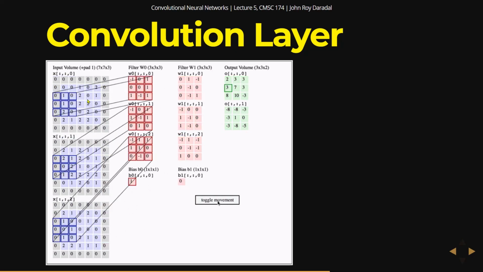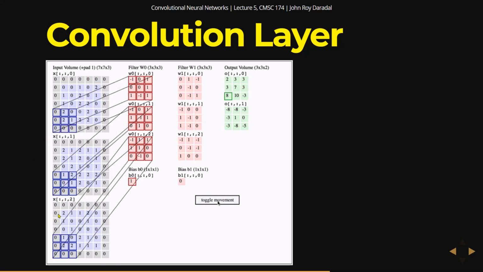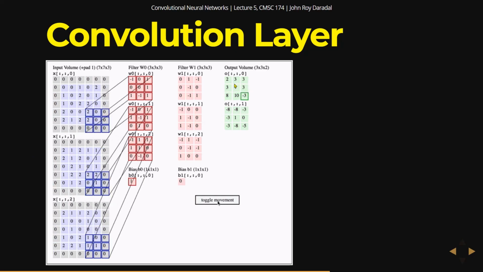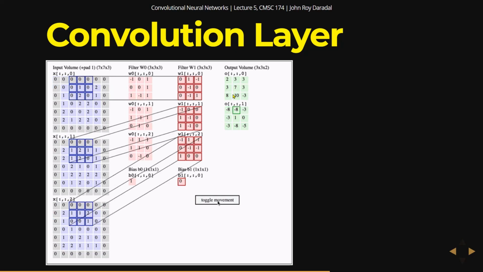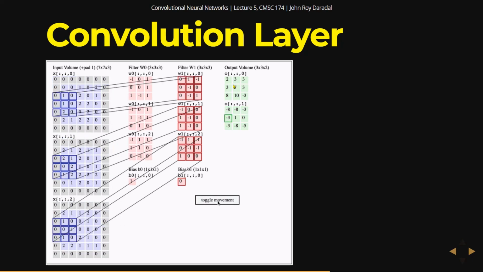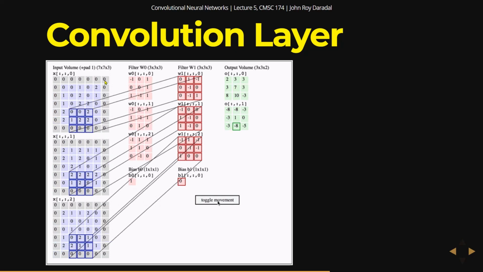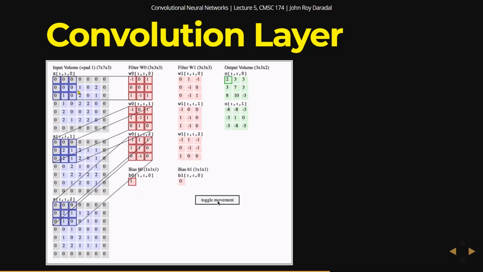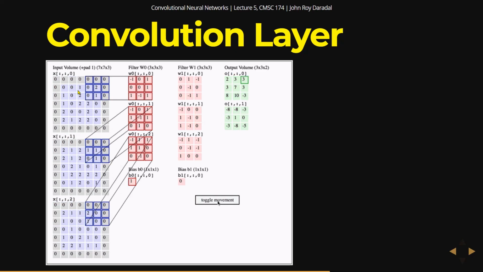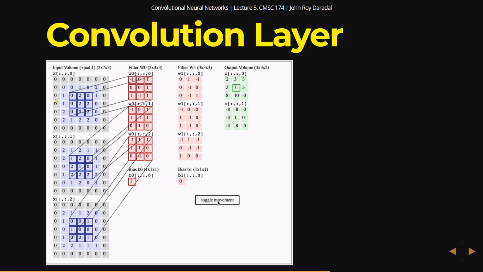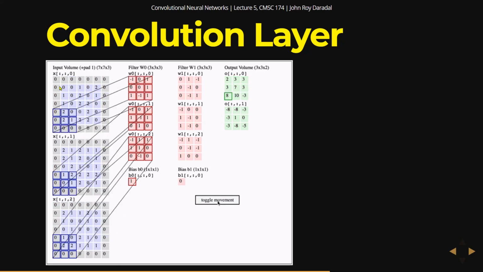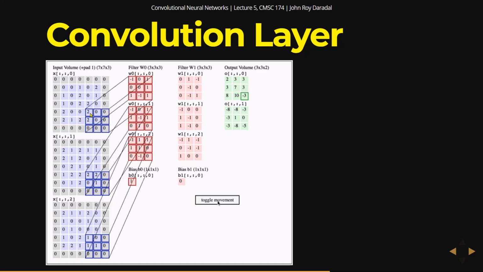So this is the first channel, second channel, and third channel of the image, and then you have 2 outputs, 1 for each filter. And you'll notice that there are zeros around the image. We call that padding. We'll learn more about that in a while, but basically we add zeros to pad the image,